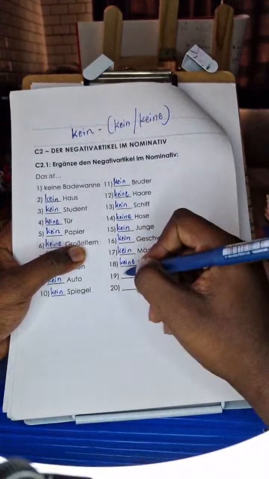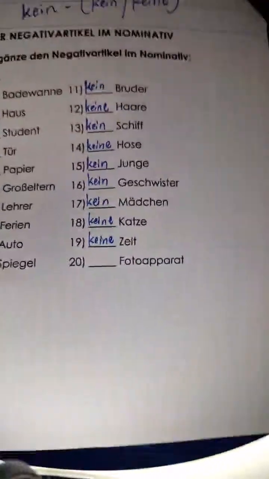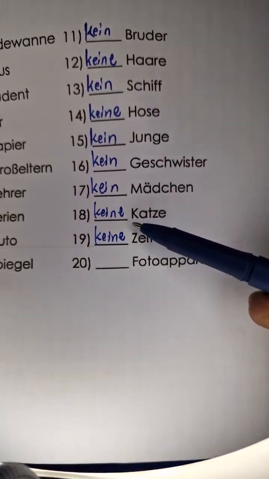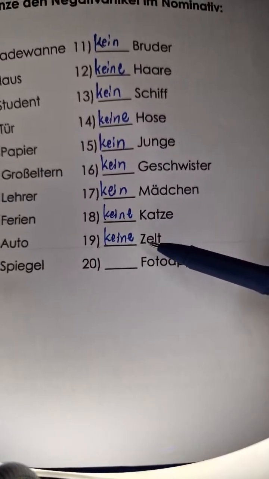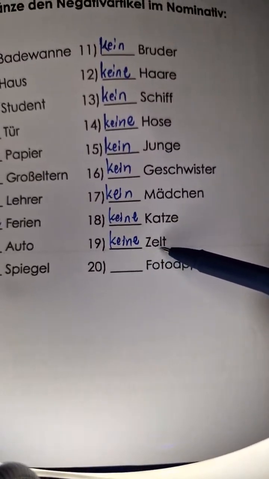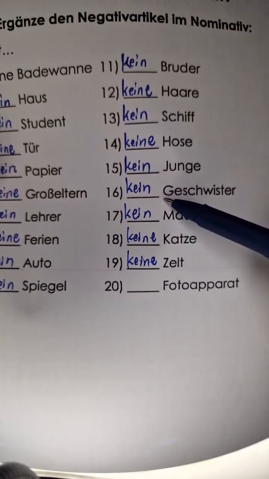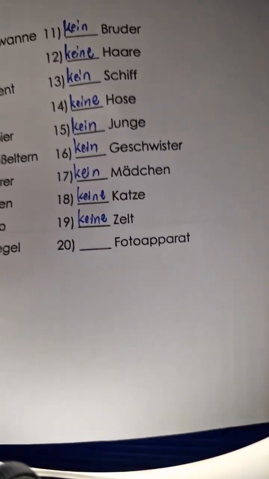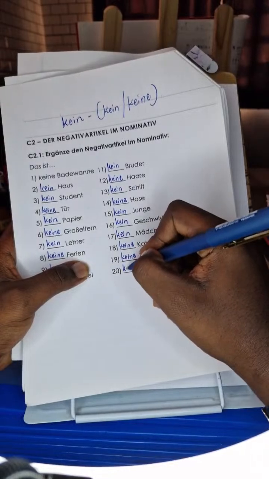keine Katze, and then keine, just kindly take note of this. Now, Katze is feminine. That's why I say keine Katze. And then Zeit is feminine. Keine Zeit. Right? Kein Mädchen. Kein Geschwister. And then kein Junge. This is a boy. And then there's Fotoapparat. Now, Fotoapparat is also masculine. That's why I say kein